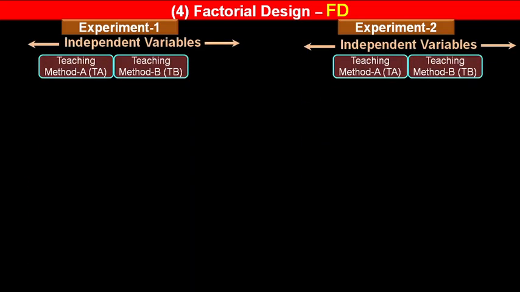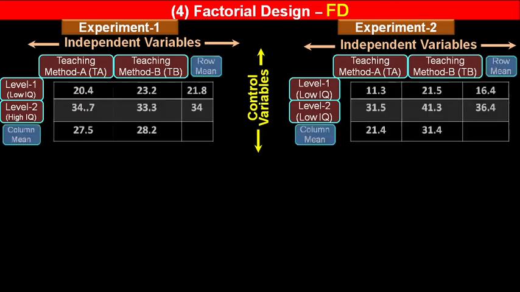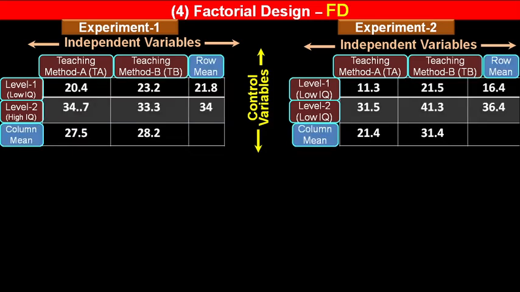Let us understand it with the help of two experiments. We have taken experiment 1 and experiment 2. Here there are two independent variables. Teaching method A is an independent variable and teaching method B is another independent variable in both the experiments. Level 1 is low IQ of the students. Now here we have two types of students, one those whose IQ level is low, the others whose IQ level is high. So when we applied teaching method A and